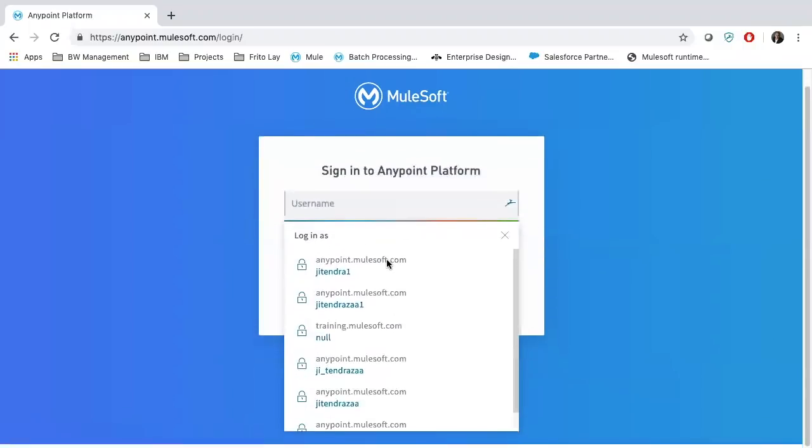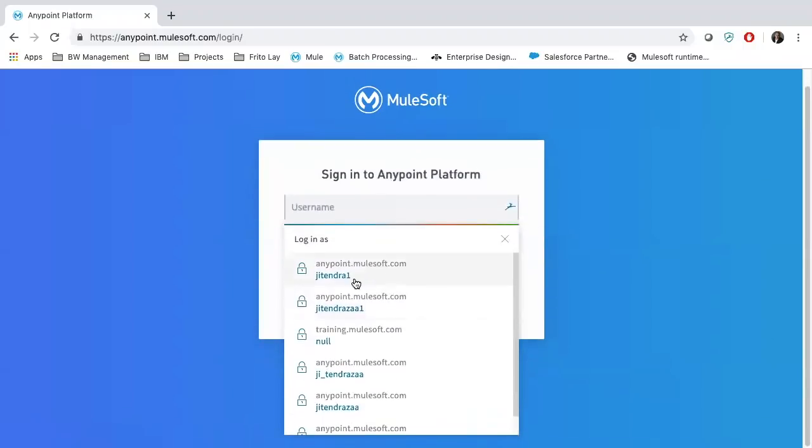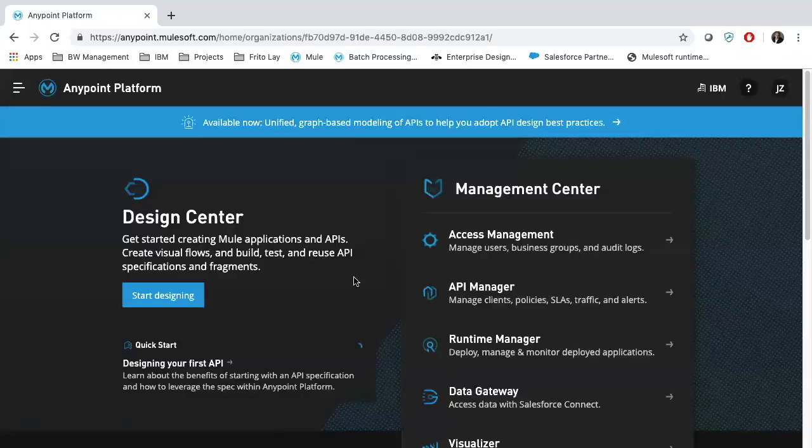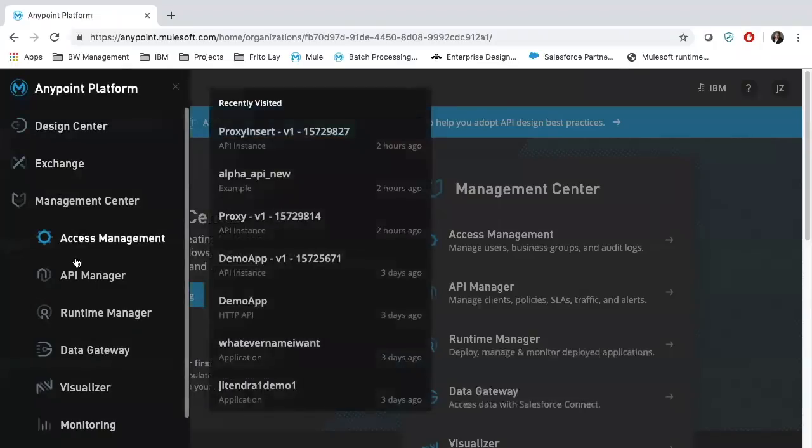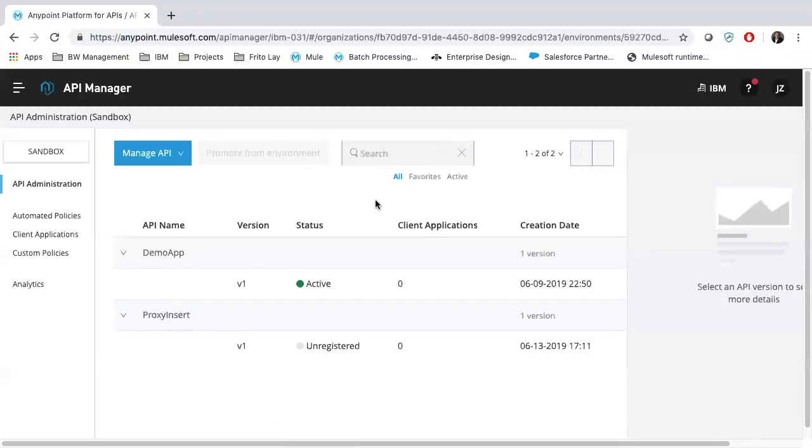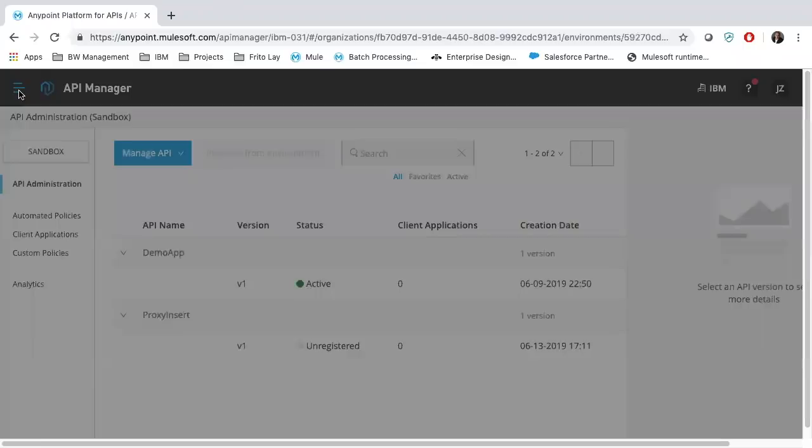If you see, I have so many users. I think this might be the right user. Here is the problem: if your license expired after 30 days, you would still be able to log in. How do I know? I need to go to API Manager, and there I will see a red error message saying your 30 days are over. My 30 days are not gone. So my application will start appearing in the runtime manager.